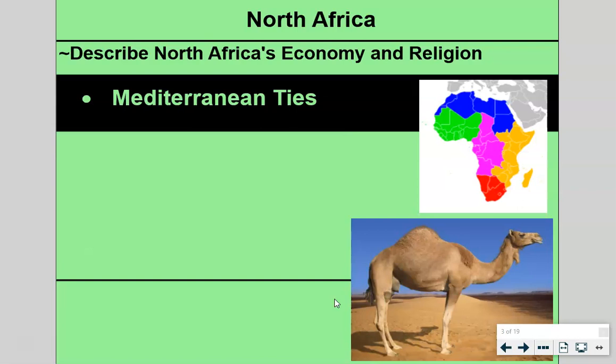Another Mediterranean tie that was important for North Africa was the Romans. One thing you'll remember is that the Romans were great at building infrastructure, right? The things that make a society run. They were great at building dams, cities, harbors, but two things that were really important that helped North Africa were aqueducts, and the most important was roads. Roman roads tied North Africa into the rest of the Mediterranean world, which allowed some of these early civilizations to thrive because they had these connections and trade routes back to Rome and then later just back into the Mediterranean and southern Europe.